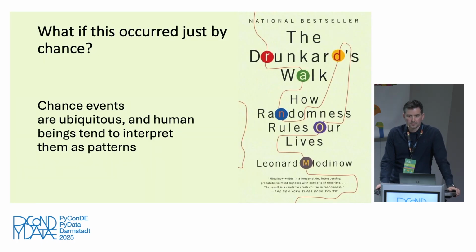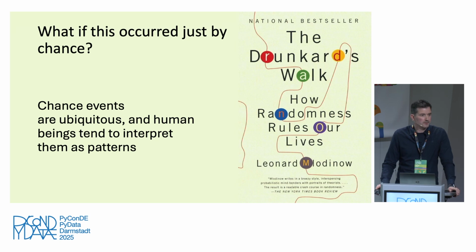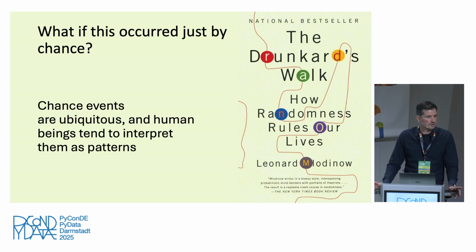And there's a very good book that I can recommend by Leonard Mlodinow, which is called The Drunkard's Walk: How Randomness Rules Our Lives. The point is that we as human beings underestimate how often chance events are taken as patterns, right? Chance events are ubiquitous, but we're pattern-seeking animals, so we always try to interpret something into those random events, and we identify patterns when there are none. Oftentimes we do see real patterns, but in a lot of cases, it could just be attributed to chance, right?